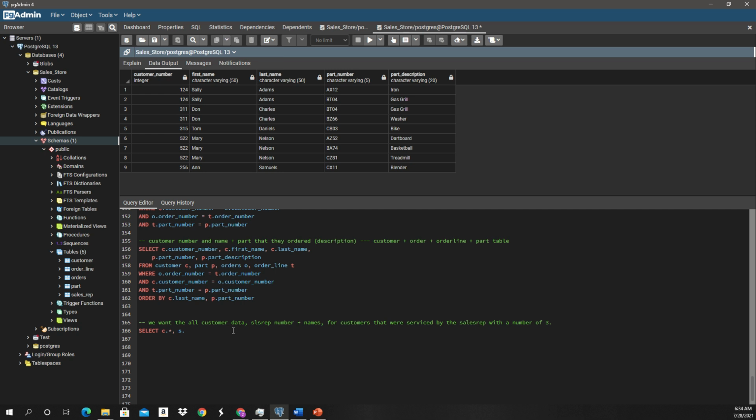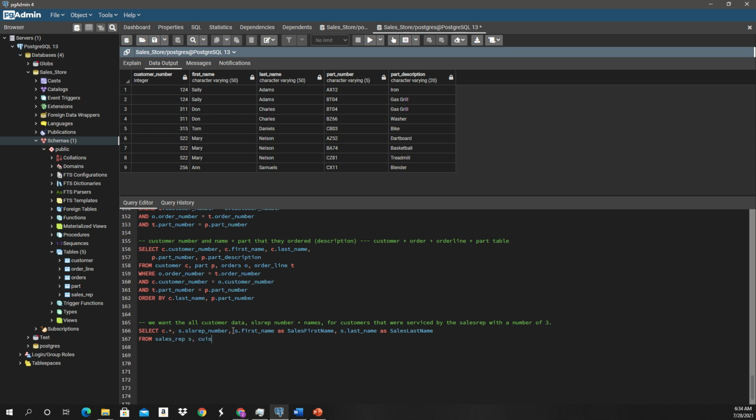But let me just put the sales rep number inside of here so you can see what happens. Sales rep underscore number, comma, S dot first underscore name as sales first name, S dot last underscore name as sales last name,